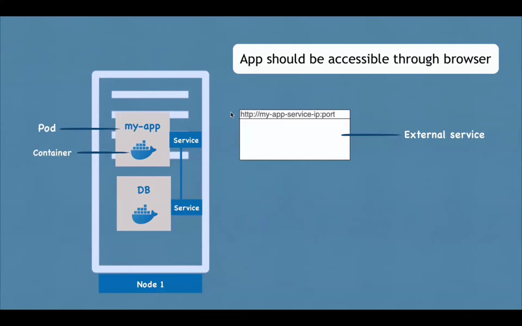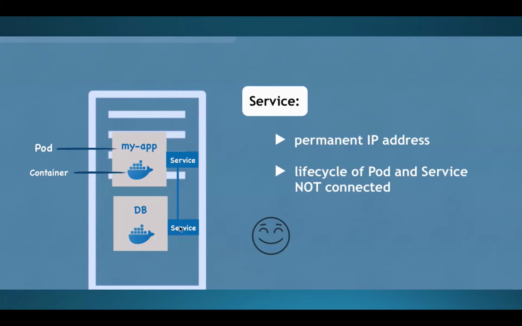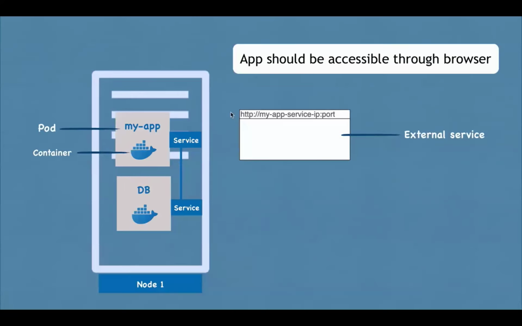Now, that's service. That's one of the components of your Kubernetes, whose main task is to provide IP addresses to the pods for their communication purpose. Now, there is one more part which we will cover later, but for now, the main job is this one. The second task is